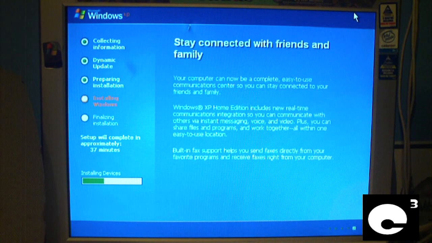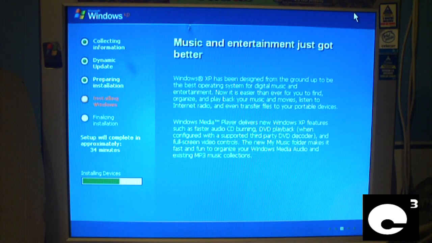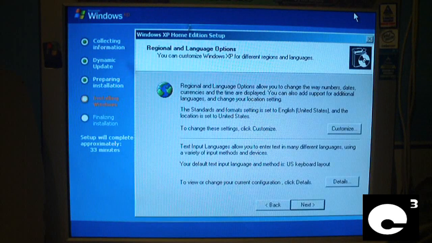As you can see, it's installing devices right now. Okay, here is the